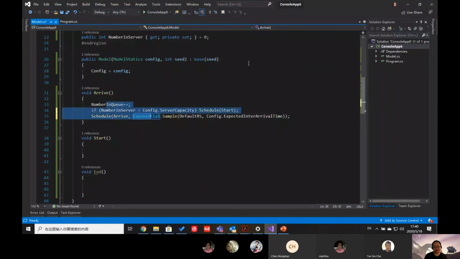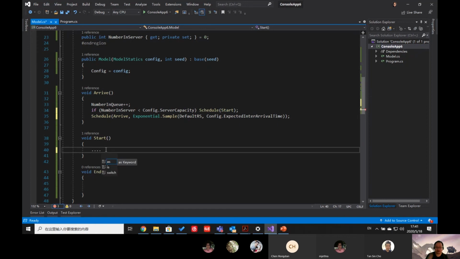So let me just say clearly what the difference is between the schedule start and the start bracket. Okay, so if we do the schedule start, meaning that all the things in this start event will be scheduled or put into the future event list. But whether those things here, for example, dot, dot, dot, okay? So whether this part of the statement will be executed here, if we do a schedule,